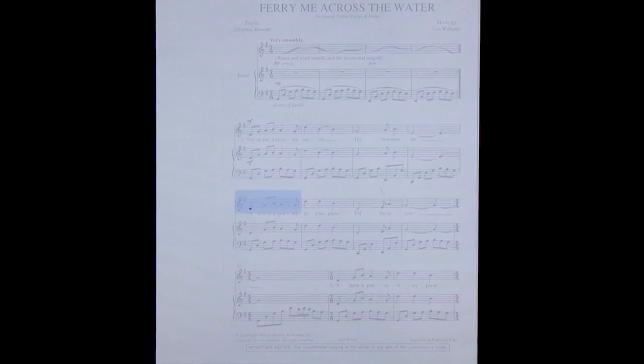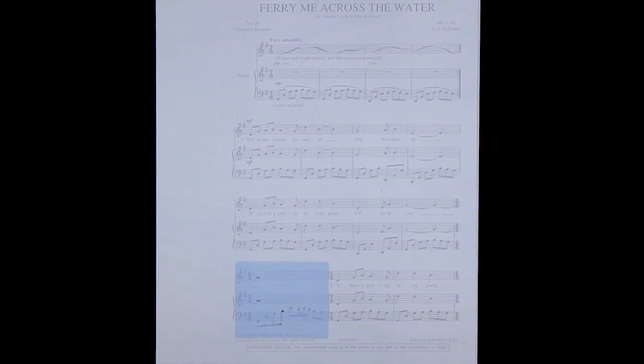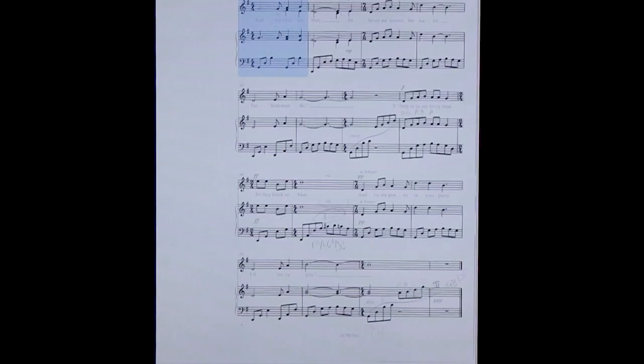And then if you want to change some of the different sounds, you select down at the bottom. What am I selecting? The question mark? And, okay, I can stop. Oh, here I select. Yeah. So I can change pitch and tempo. I can do multiple voices. Let's see that. So now we've got that. Yep. And this particular piece is in 7/8 time, and it's even doing a pretty good job reading that as well.